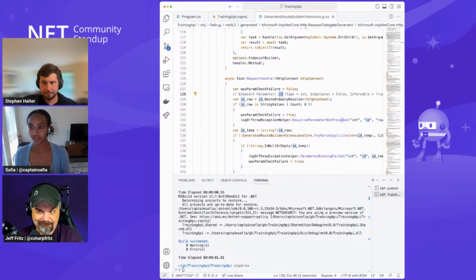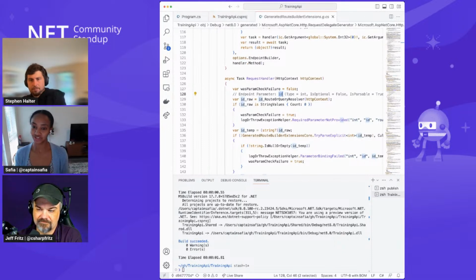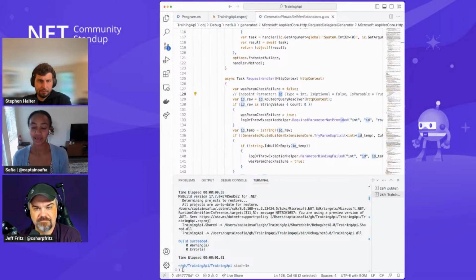So if you have a POCO, like a to-do or a task list that you're using in multiple APIs in your application, we'll run the code to compute whether that might be a parameter that is probably coming from the JSON body or something that is a service. And we'll run that once and then cache it. And so every time you reference it in your endpoints, we're not recomputing it. So yes, the long story short is that the shift left does mean that you're saving time at startup, which I think is valuable if you're deploying your application.